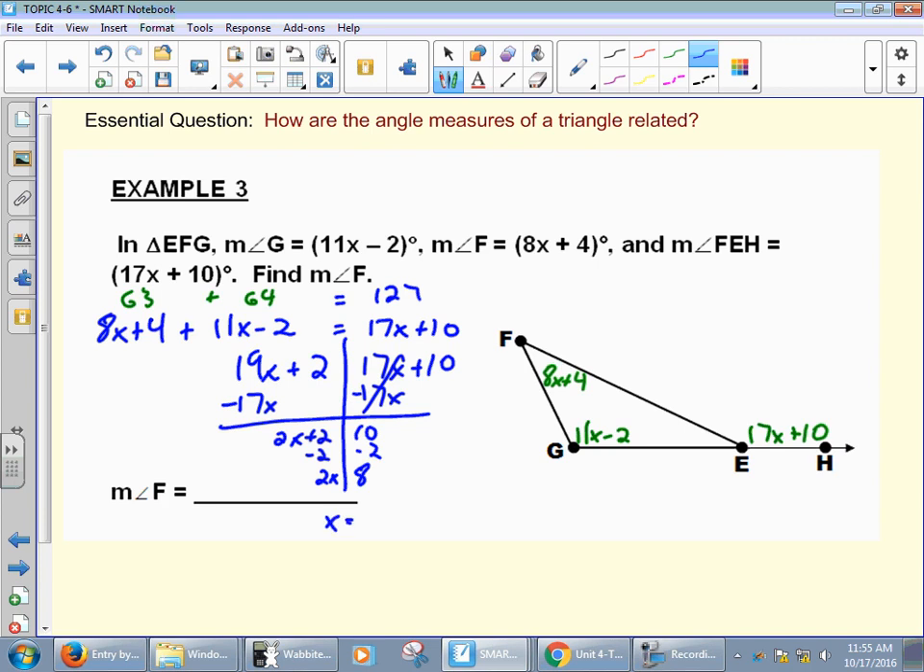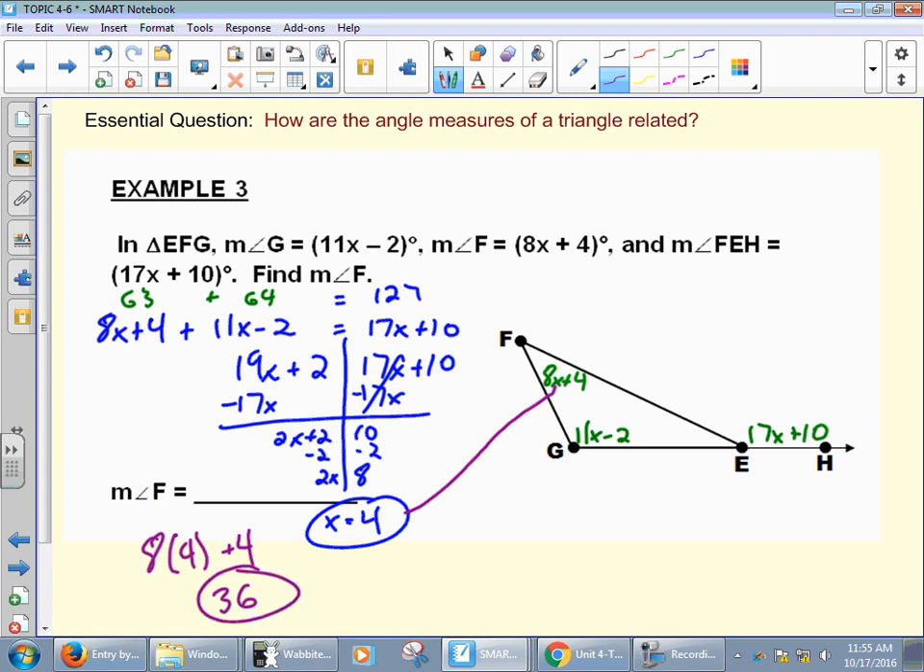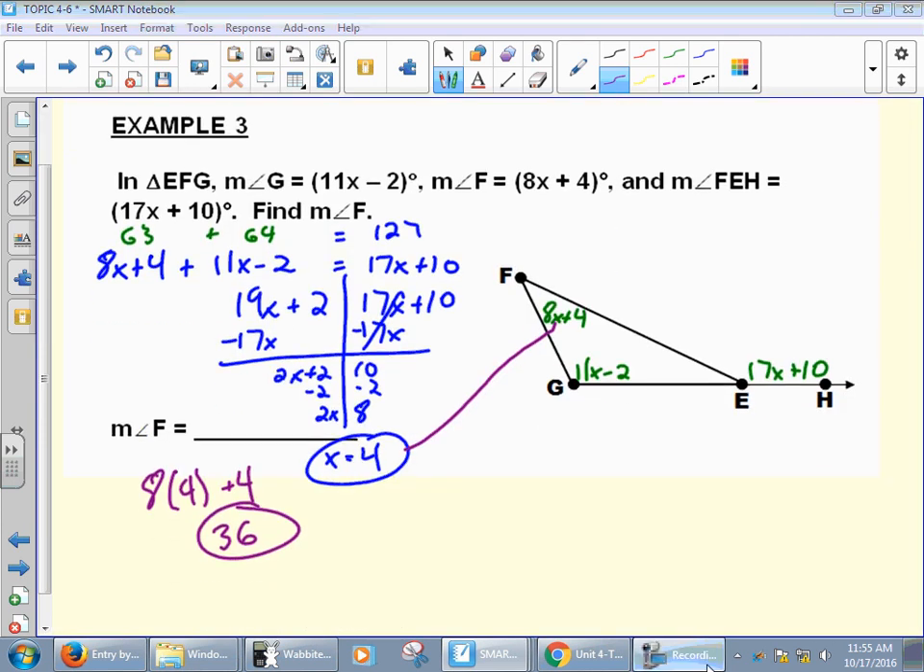So what does x equal? 4. Is that what they want? No, what do they want? F. So that's going to be 8 times 4 plus 4 is what? 36. Now, if I want any other answer, I can plug it in, but all they asked for was F. If I wanted to know the other one, it would be 44 minus 2 is 42, and then I could add them together. Okay? So that is it for today. Okay? I'm going to hand out your assignment. You have time to work